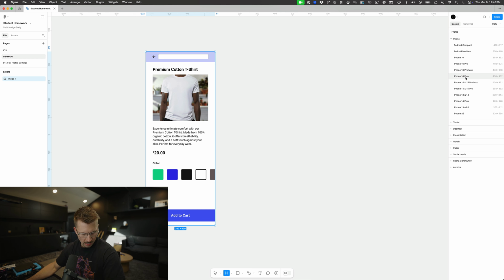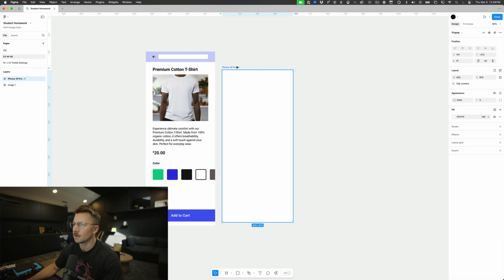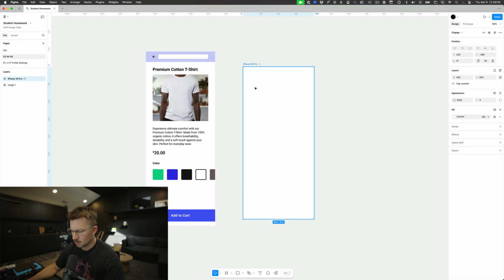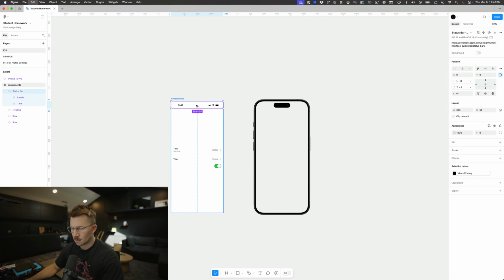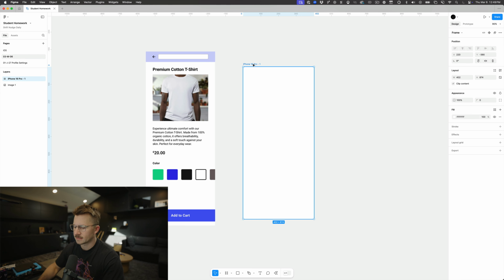So I like to start off by designing for the phone in my pocket because it's easiest to actually see and to lay out. I've got the iPhone 16 Pro, so that's what I'm going to use here. And one of the first things that I always like to do, especially when I'm designing for mobile,